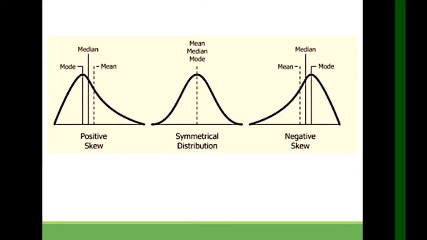So this is a positive skew or this one. This figure is symmetrical distribution or normal when your answer is 0.00. And for this one, it is negative skew or negatively skewed. Okay? So this is the figure for the negative and the figure for the positive